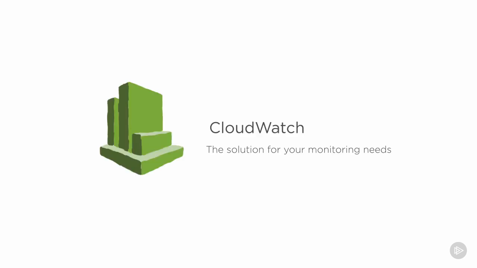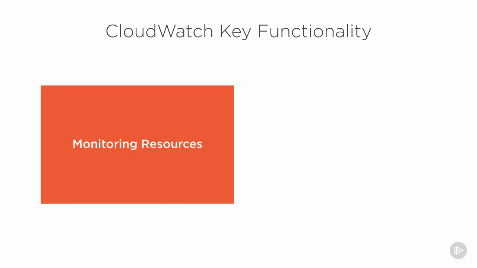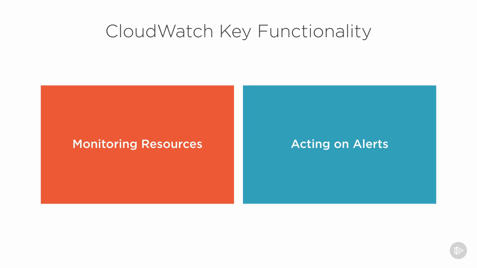CloudWatch is broadly defined as a monitoring service for many different other services in AWS. If you've already tried out some of the other services previously mentioned in this course, you may have even used CloudWatch without knowing it. Amazon has integrated CloudWatch into most of the other AWS services for monitoring and alarms. In fact, those are the main two key functionalities of CloudWatch: monitoring resources and alerting you when some predefined criteria